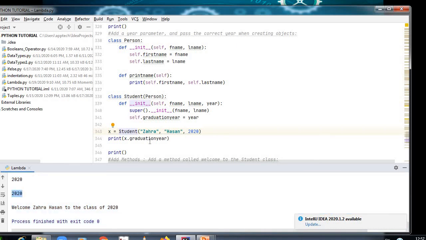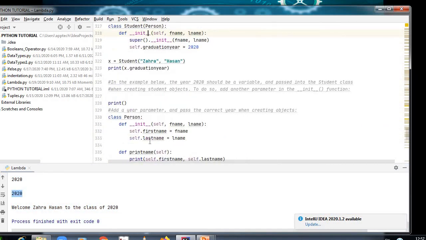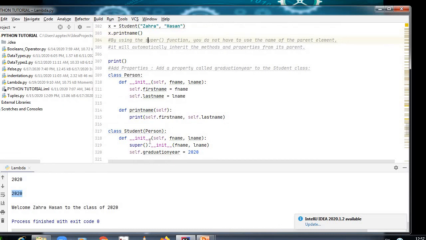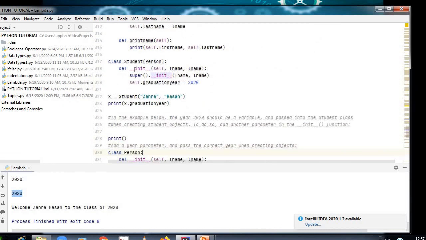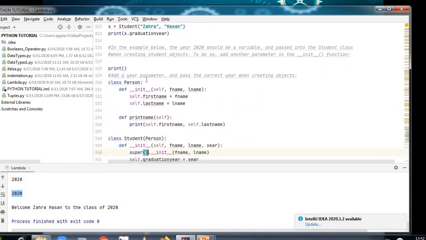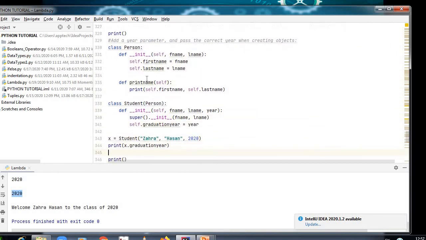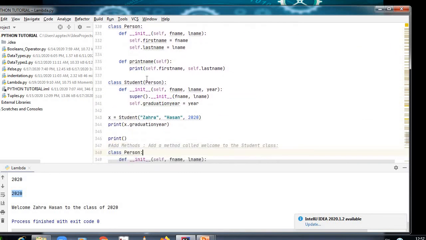So 2020 has been printed over here. So here we had added properties, and now we are adding a year parameter. Over there the word was properties and here the word is parameter. The program is almost the same.